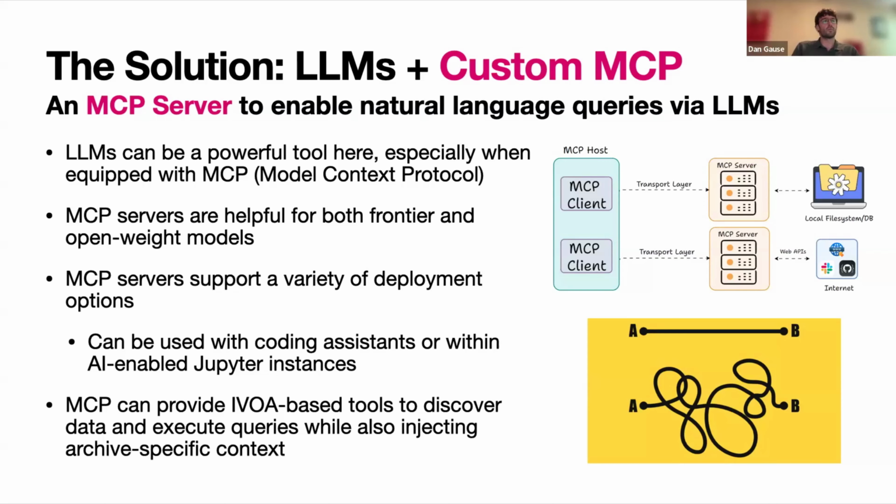And this is convenient for accessing astronomical archives because they are built on top of similar protocols. Some of them aren't, but many of them are built on top of these IVOA protocols. So we can use these flexible tools with a little bit of tweaking based on specific quirks of each archive. That way we have one centralized source of information that will allow us to gather data from all these different astronomical archives.